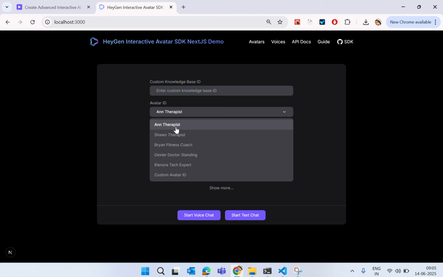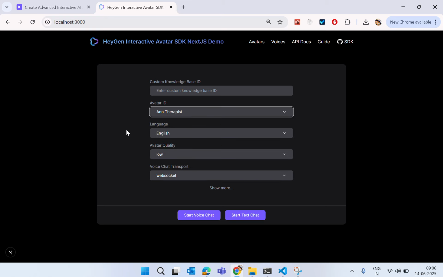You can talk with her in real time like a normal human being, and you can select other avatars as well, and even customize your own avatar, like you can talk with yourself. You just have to create your avatar on HeyGen and select your custom avatar ID from that dashboard.